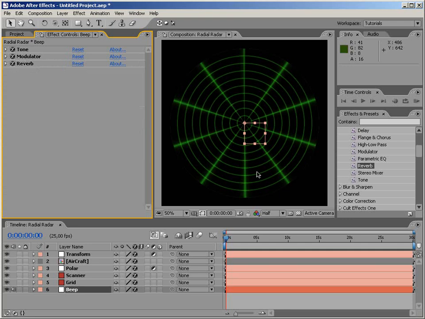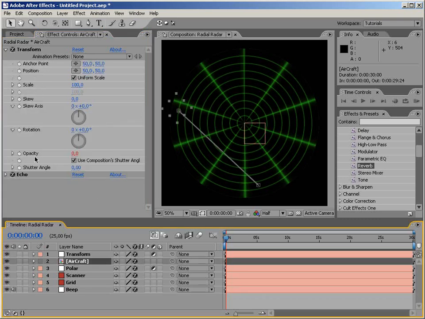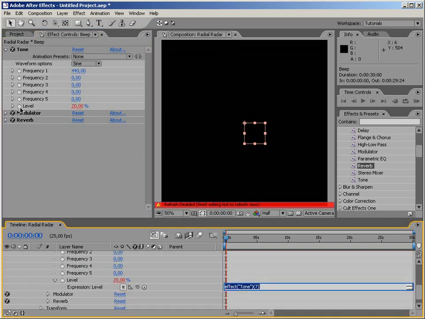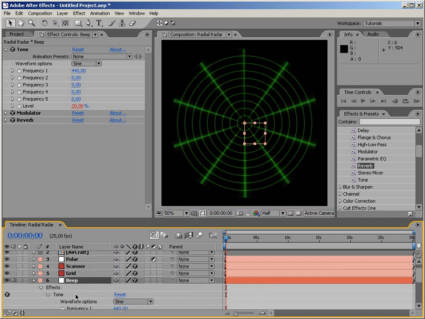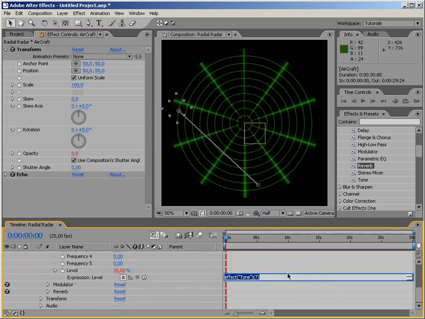And this is it really. Now all we have to do is set the level, which is the sound loudness, you might think of it like that. We need to control this with an expression which will be driven by the opacity of the transform effect applied to our aircraft. So let's just alt click on the stopwatch and let's type in, you know what, let me just go to this aircraft and lock this palette so we can use a pick whip tool,